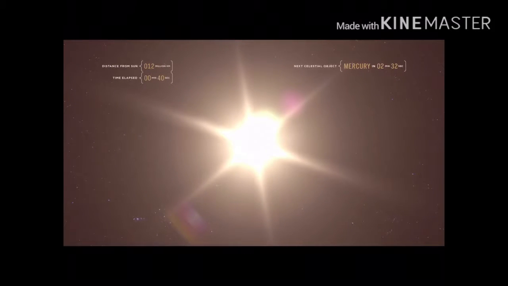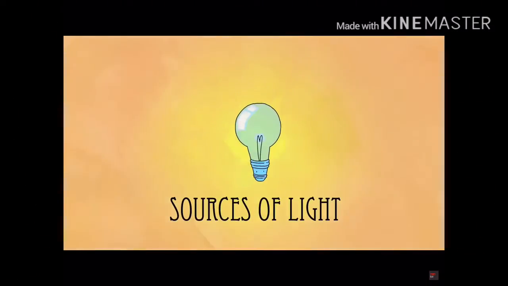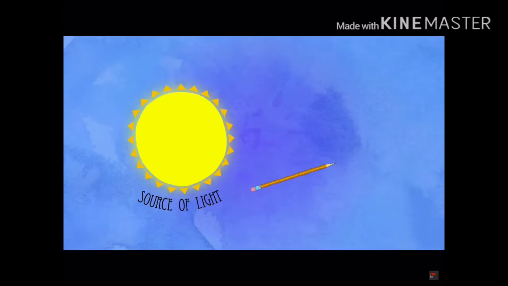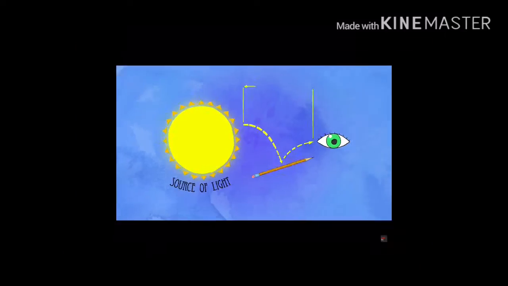Now, our previous question is, what is light? Light is a wave or a particle that can be seen by a human eye. The idea is that very few objects actually emit their own light. Light-emitting objects, like the sun and the light bulb, are known sources of light. Characteristics of light are speed, intensity, and brightness, which is made from a particle